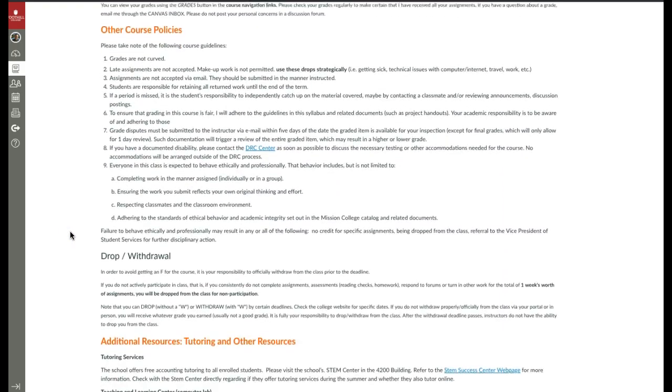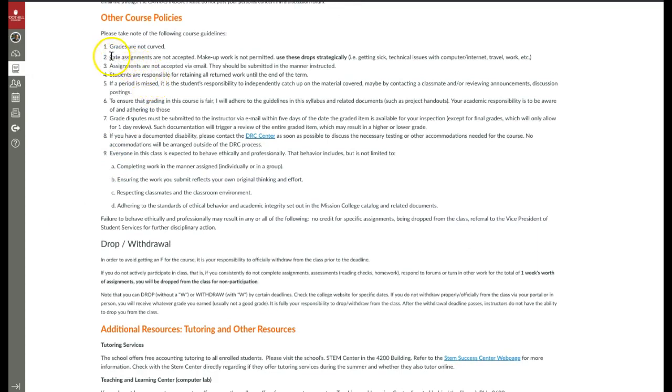Let's see. Course policies here. I'm only gonna mention a couple things. This item here. As I said before, late assignments are not accepted except in some cases that may happen. There will be some kind of reduction if that's the case. But the more important thing is to use these low score drops strategically. Don't just drop them for the sake of not doing the work. Use them for when you get sick or your ISP gives you some issues, or something to that effect. You're traveling, you have work, whatever. So it's important for you to use those, I think,